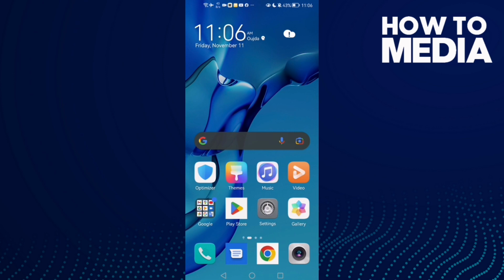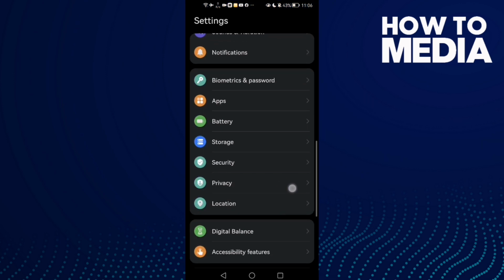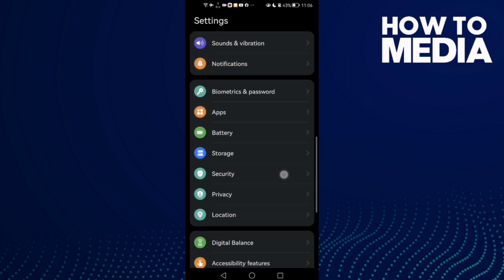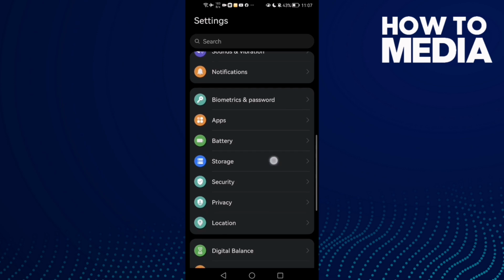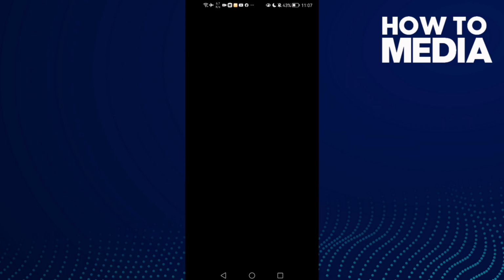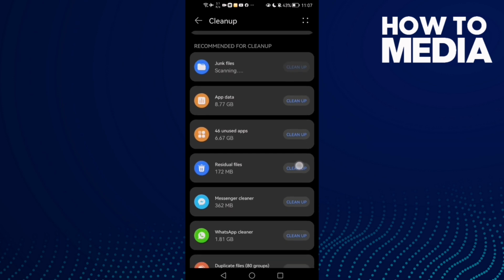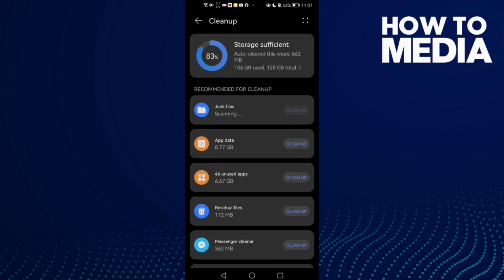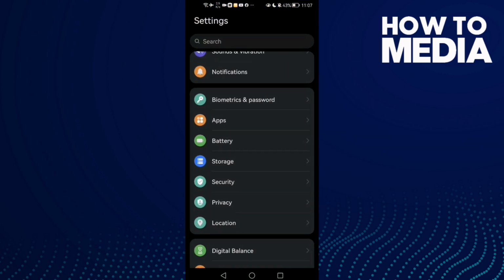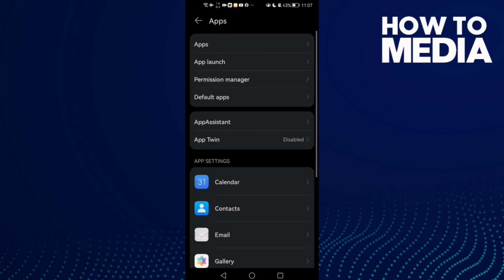First, just open settings and then scroll down here until you find storage, and then click clean up. Now clean some space here, and after that go back to settings and then go to apps, and then apps